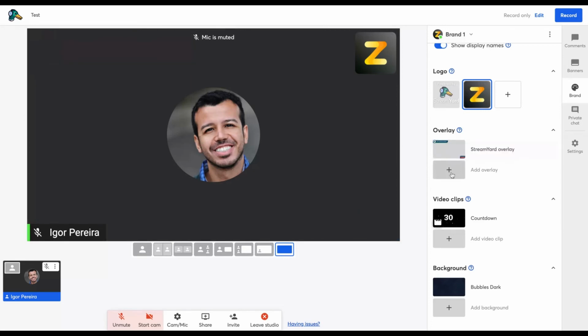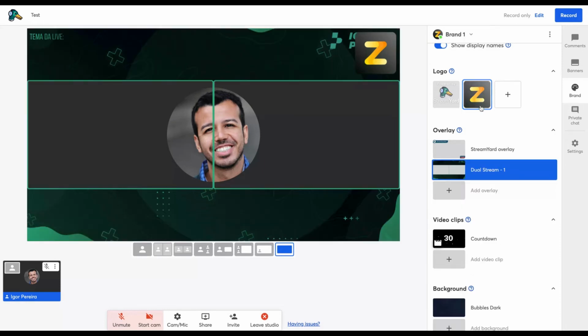I'm gonna upload one of my overlays and you will see how it works. Here's an overlay that I usually use when I have two people on the screen, so me and another guest. That's a way to show my branding. I can delete it, that's my name here, and I would appear on the left and the other person on the right. As you can see here, this is an example of an overlay.